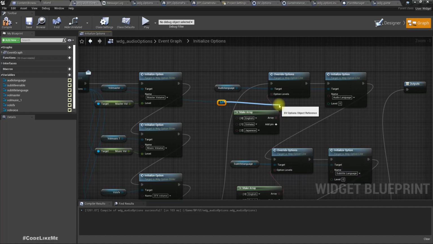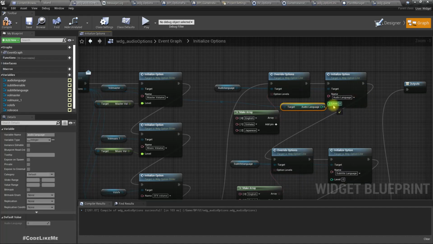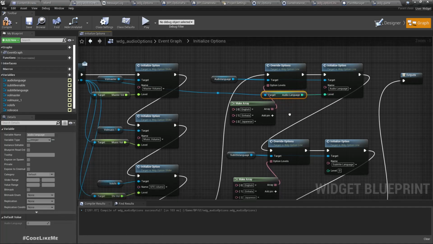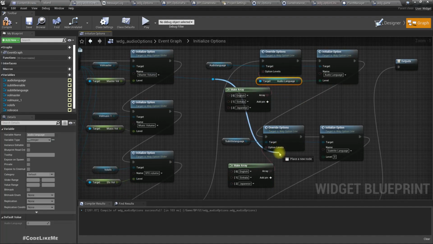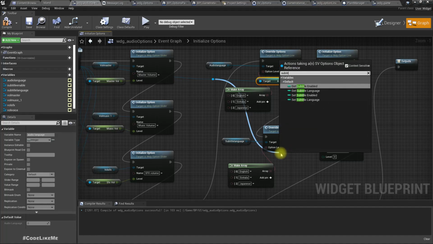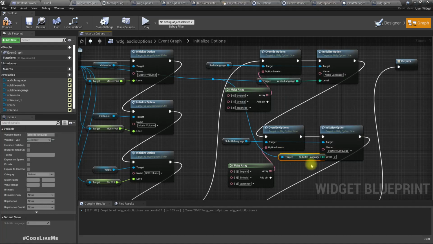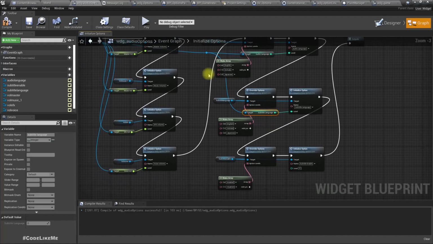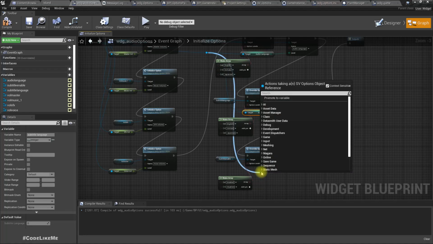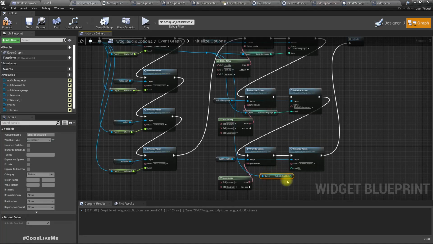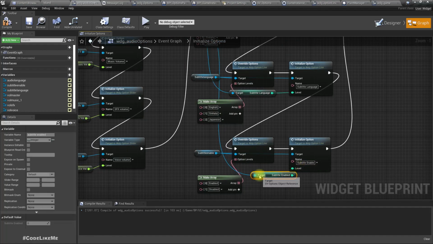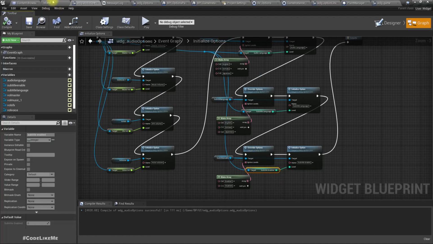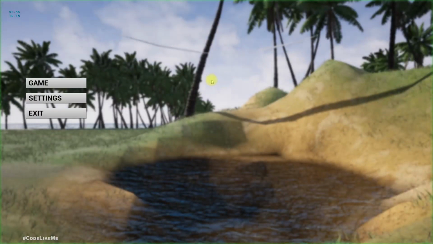Audio language here, subtitle language here, subtitle enabled level here. Right,